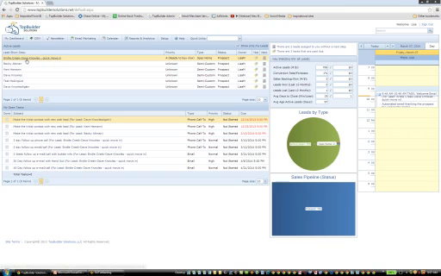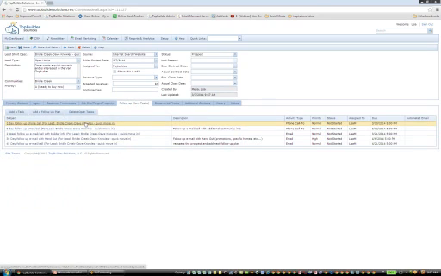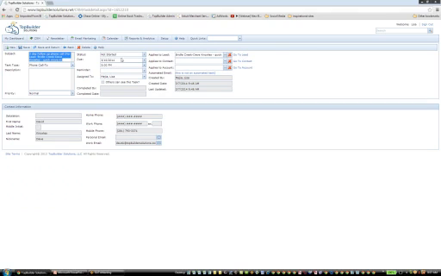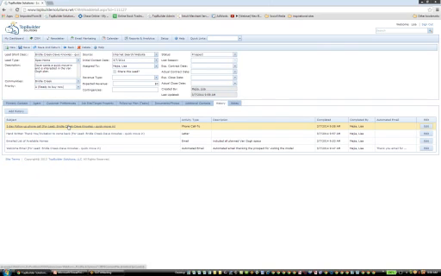I'm going to give you a third. There's more ways, but I don't want to confuse things too much. I'll give you a third way, and that is when you're in the lead itself and you go to the follow-up plan, you can click on the task and say done. Set it to complete. And now, when you're back in that lead, you can see that that's in the history too. So I'm going to stop there